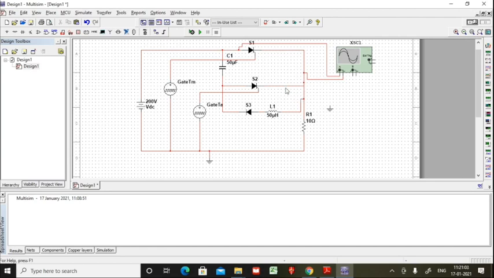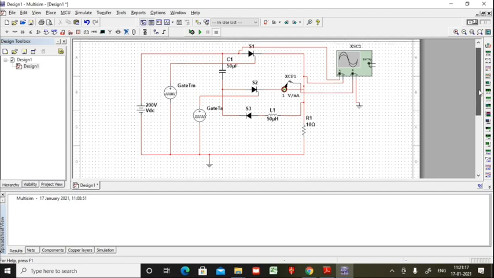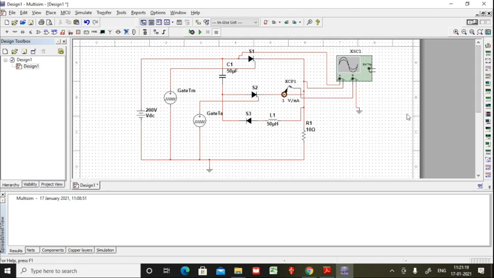So I'm measuring the current here. Okay, and let me connect it to port B. So this is our port B, and let us join this. So this is our connection. Okay, I think everything is set up now.